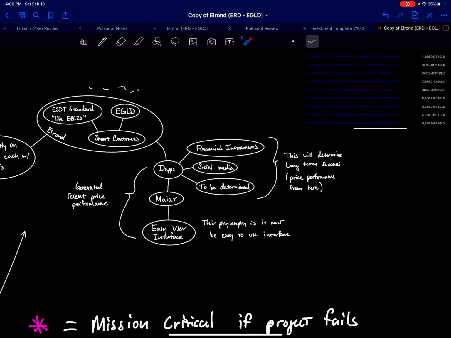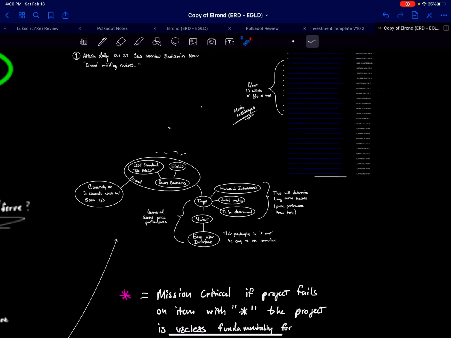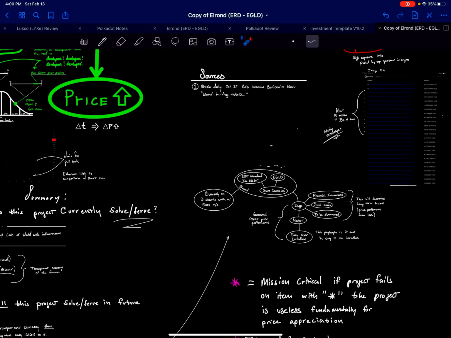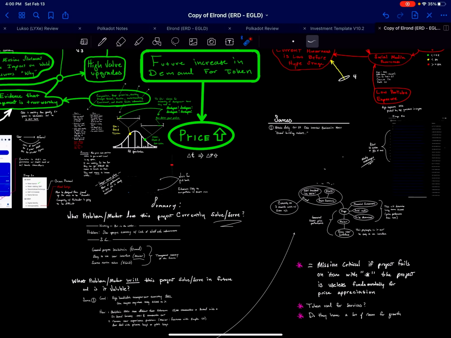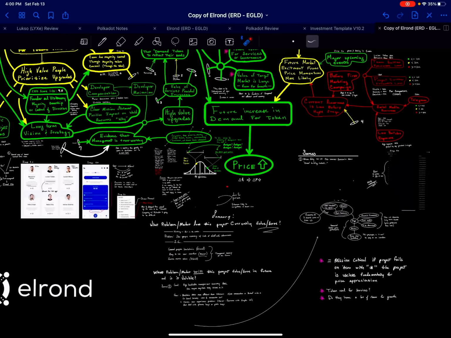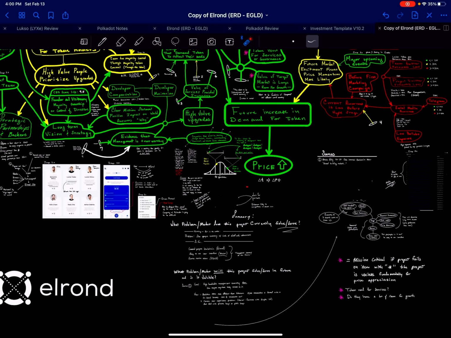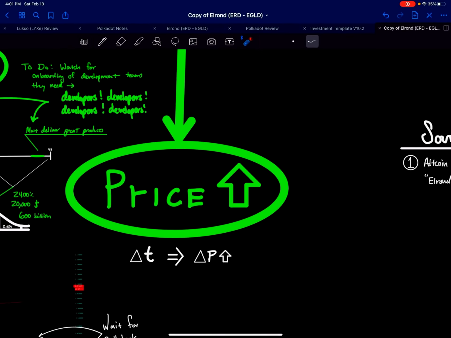So, they built the road work. Everybody got all excited that the roads got completed, and now they're setting up for the longer-term vision. So their philosophy is it must be an easy to use interface, okay? That's where this Mirror wallet comes from and all of that. So that is their end goal that they're going for. So that's just a top-down view of that. All right, so I'm going to jump right into this thing.